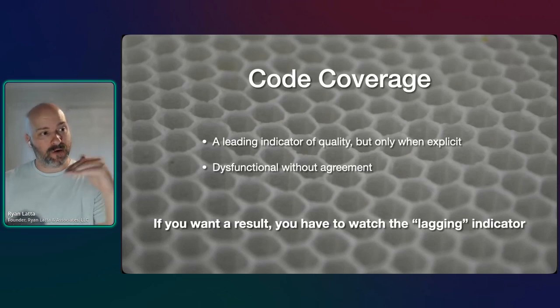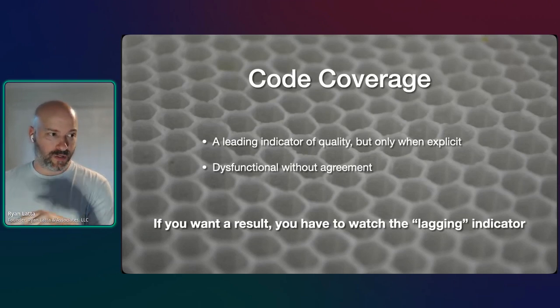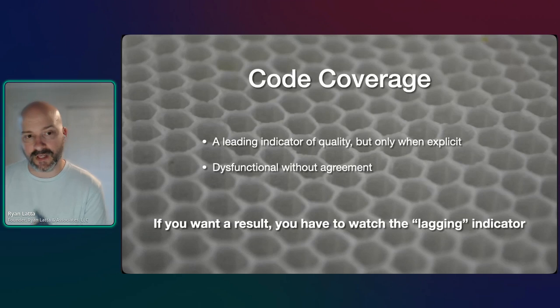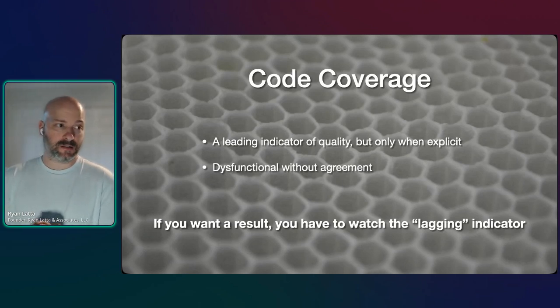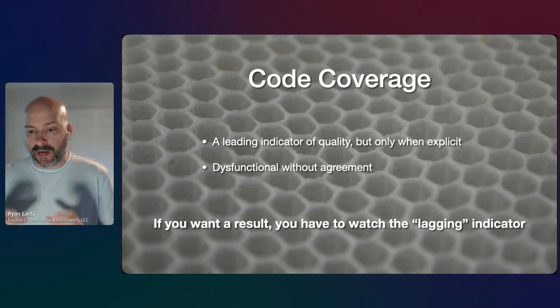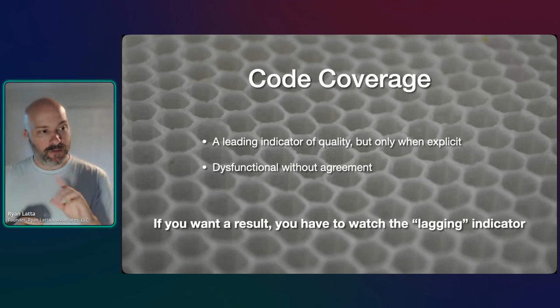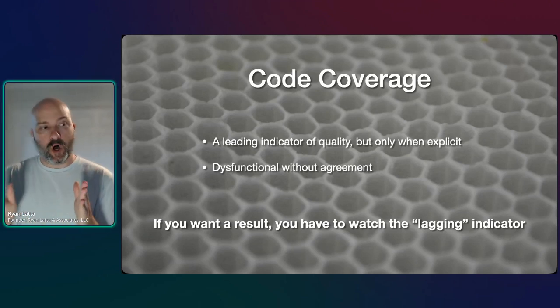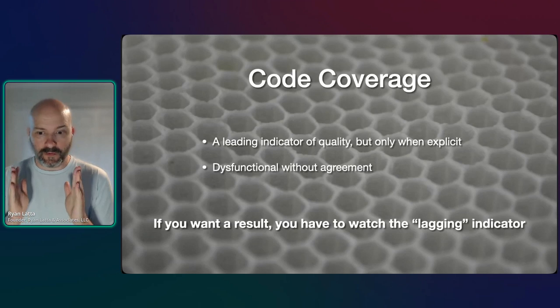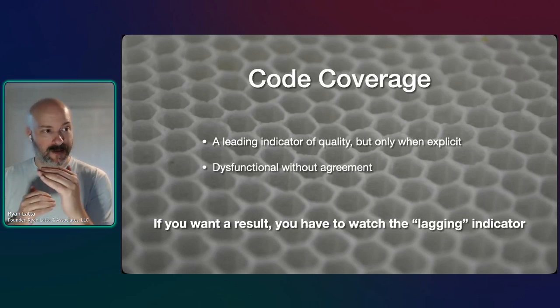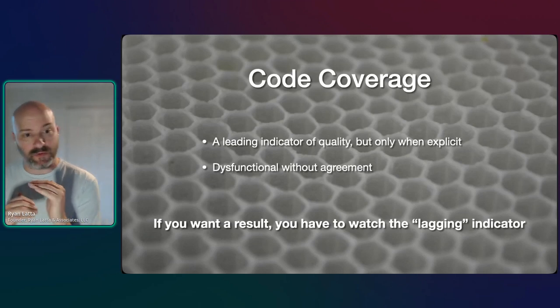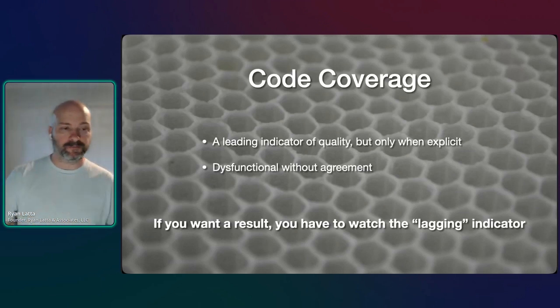And that's why quality decreases over time, because code coverage has become a self-fulfilling prophecy of hit the number at all costs. There's a whole lot more we can talk about with this one, but my sort of short guidance is, if you're going to use a leading indicator, you need to also use the lagging result. If you do not have both, dysfunction will happen in the absence of it. And that's what happens a lot of times with code coverage.